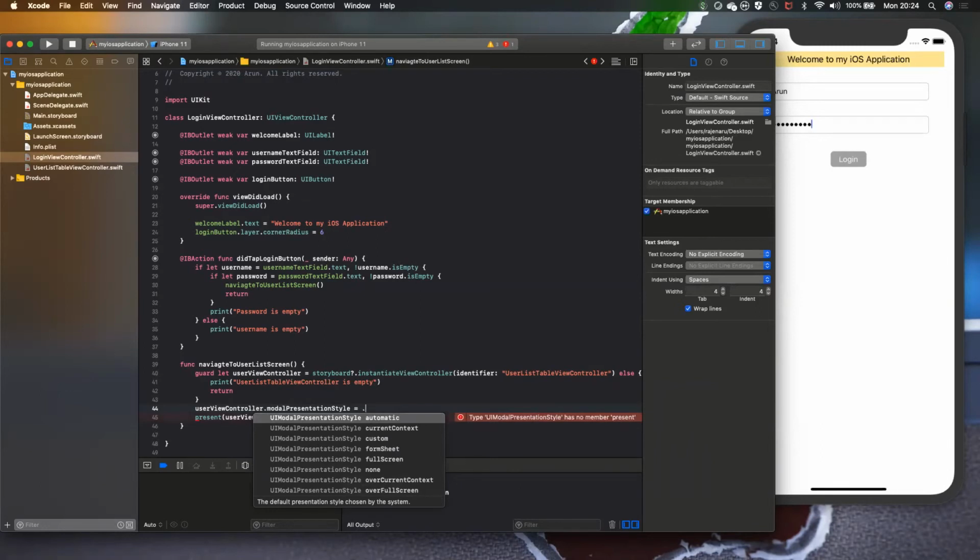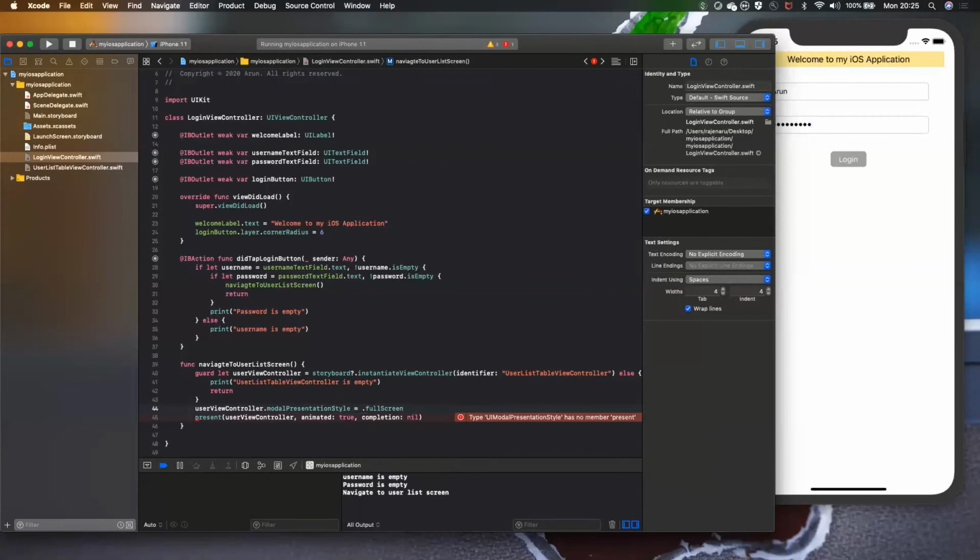So Apple will decide what style should be displayed. In this screen, form sheet, and if you specify none, it will be the default one, like over context, over full screen. Now I want to display the user list in full screen. So I will just select dot full screen, and then I will be presenting this view controller.